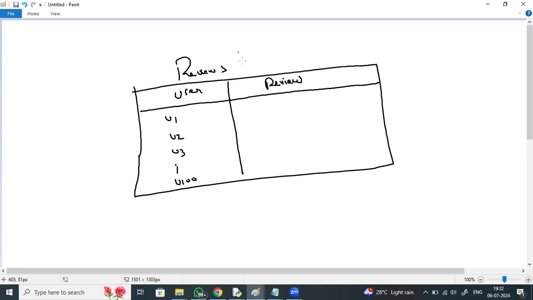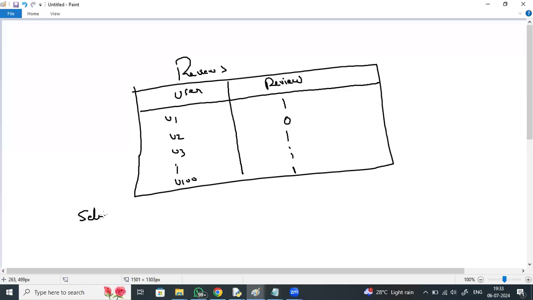User 1 saying 1 if the movie is good, 0 if the movie is bad. In the form of ones and zeros, they are giving the feedback. Can you write an SQL query to count the number of zeros and ones?